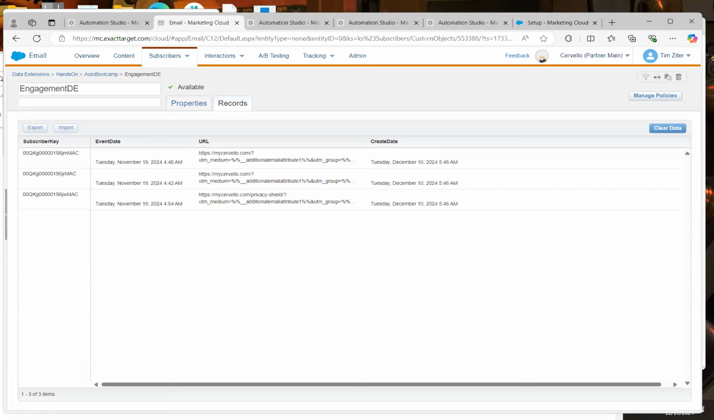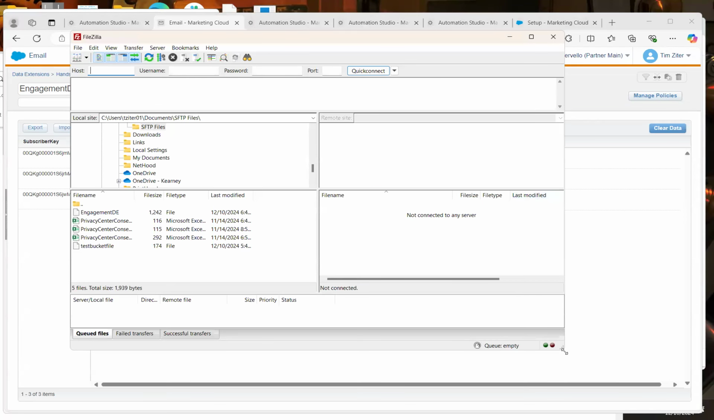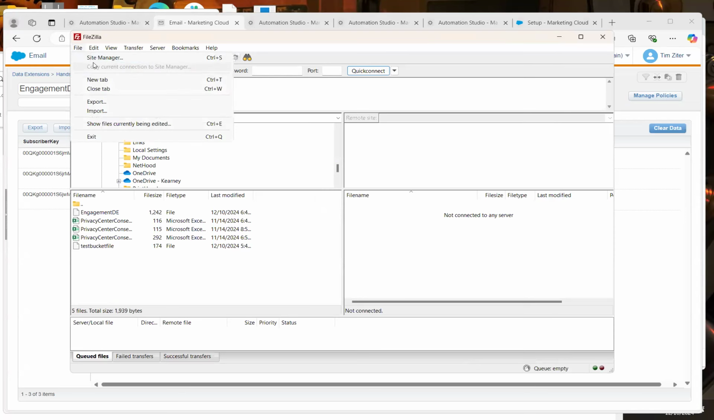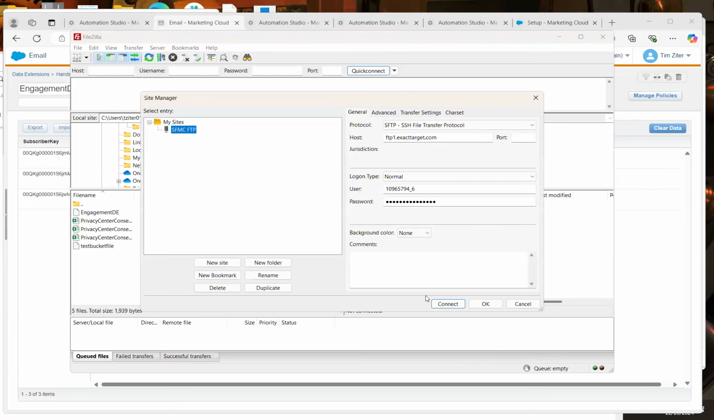So let me pull up FileZilla, and what we'll do is connect into our FTP for the account that is set up in Marketing Cloud. Now, before I do this, let me just quickly cover,